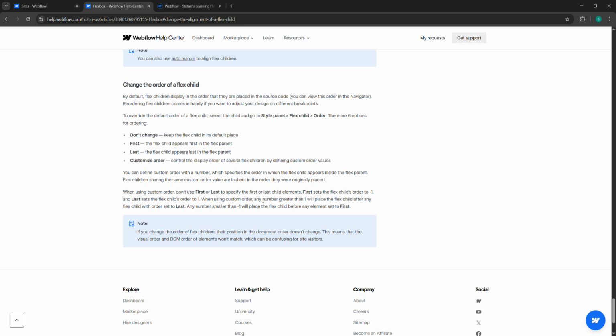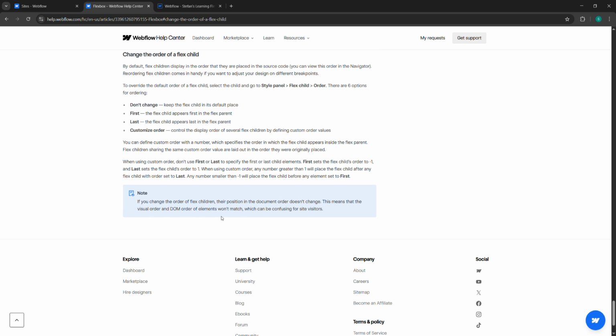First sets the flex child order to -1 and last sets the flex child order to 1. Any number greater than 1 will place the flex child after any flex child with order set to last. Any number below -1 will place the flex child before any